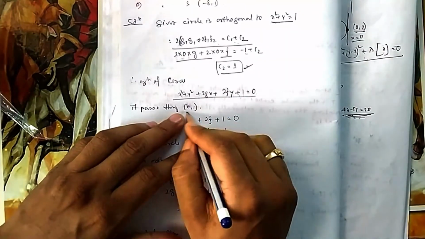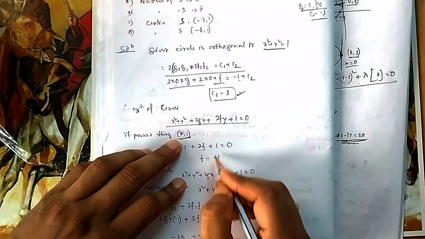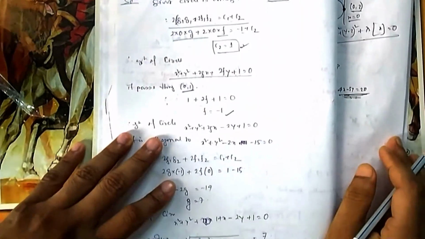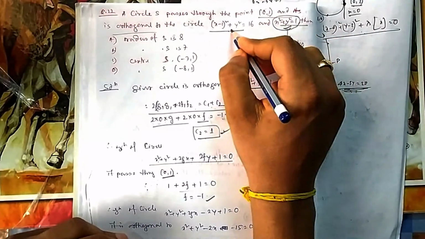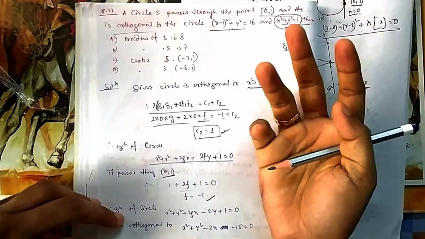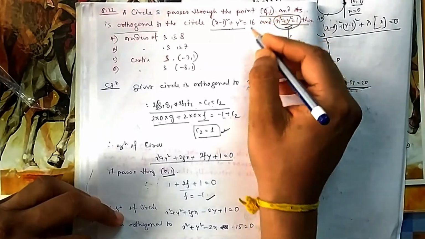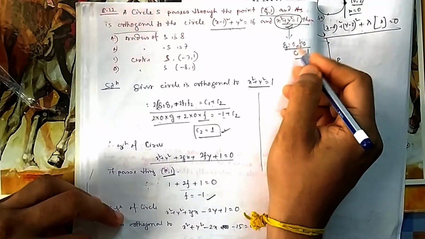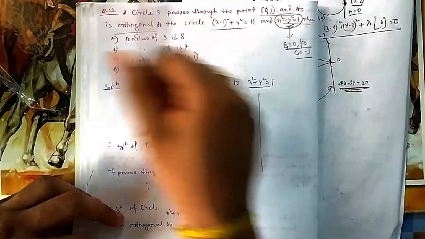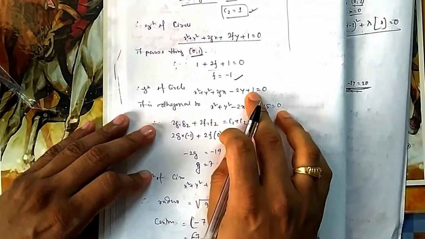Now because it passes through 0 comma 1, again 0 is there, so x will be gone. So if I put 0, I will get f. F is equal to minus 1. 3 conditions are there. One if you put this, one with this, one with this. Using these 3 conditions you have to find the equation. So you can start with any one. First you write this condition, then you write this, then you write this. Once you write this one, then you can see if you can draw it. You can find it easily from here. So that's the idea.